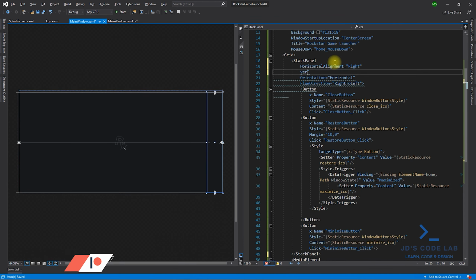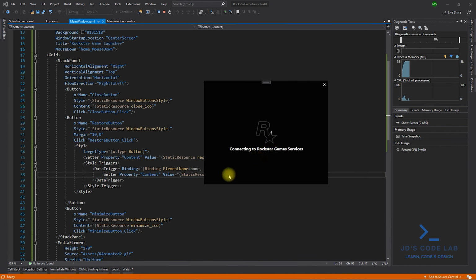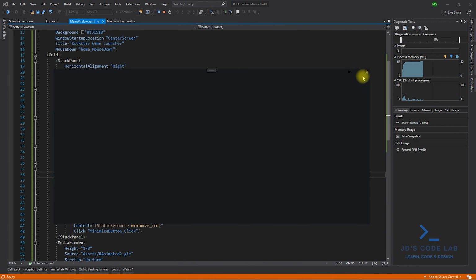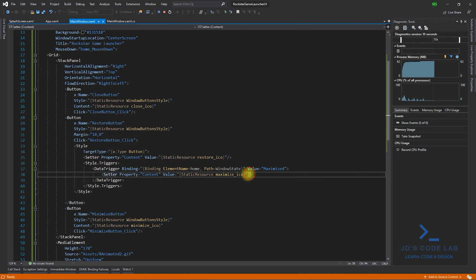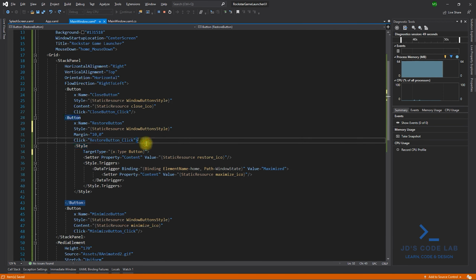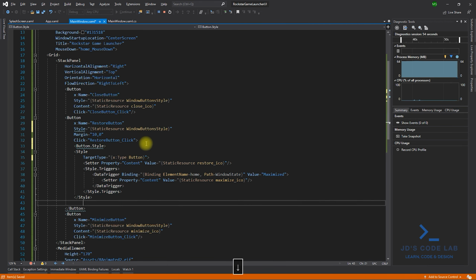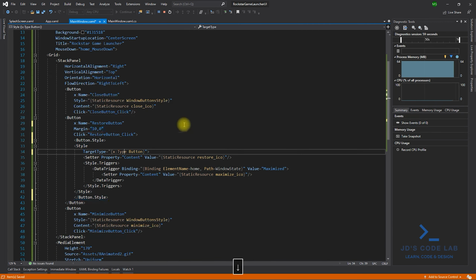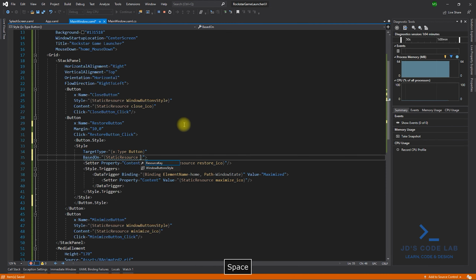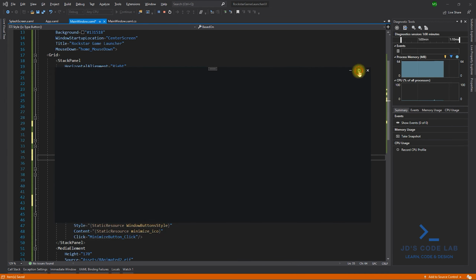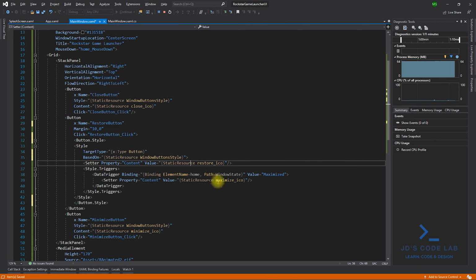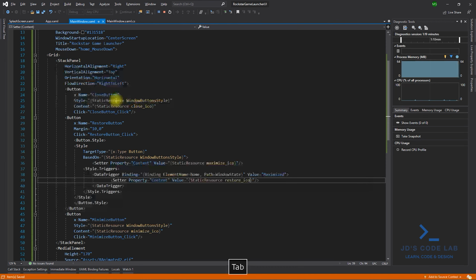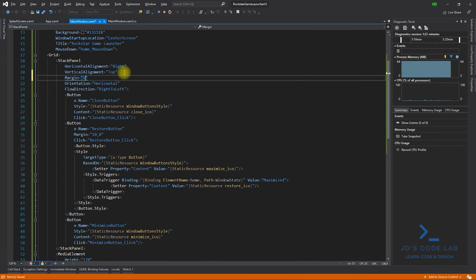We will place a stack panel on top right of our window. Now let's run and check out our program. Now as you can see, the restore button icon is not showing. To fix that, we will place our style inside the button.style tag and we will remove the window button style above. Instead we will use the based on property to inherit the window button style. By mistakenly I have set the wrong icon for a normal window, so let me just swap the icon values. Okay, now just add some margin to our stack panel so that it doesn't stick completely on top right.